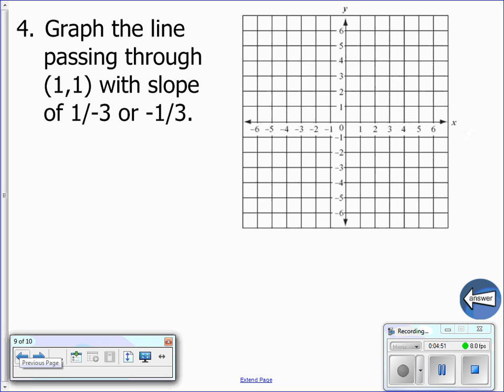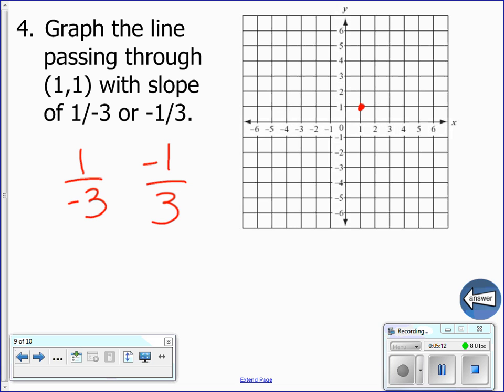In this last one, we're going to graph the line passing through the point 1, 1 with a slope of 1, negative 3, or negative 1, 3. Means you're going to go either direction. We know our slope is negative, so we know which direction it should be going. So we're going to start at our first point,